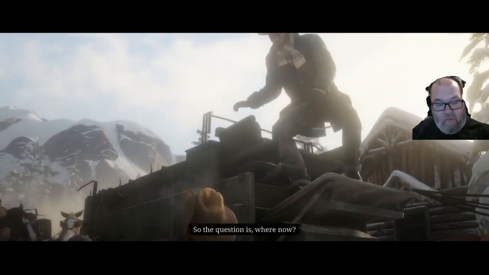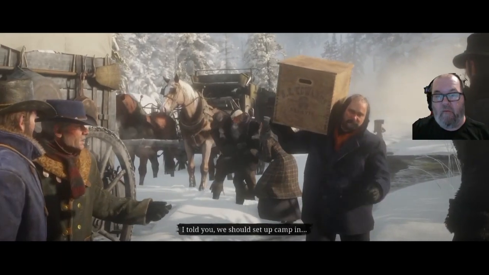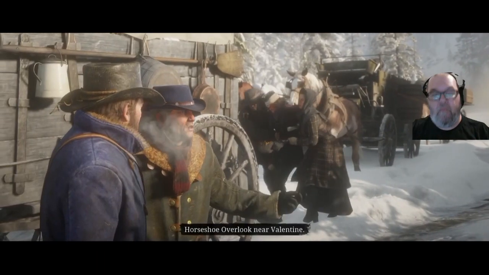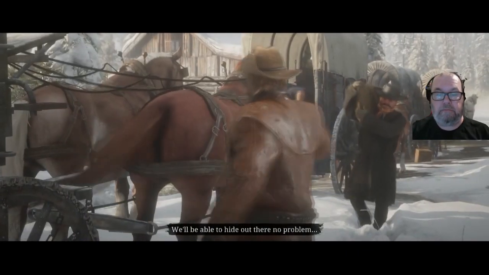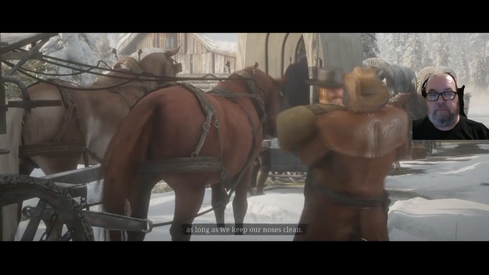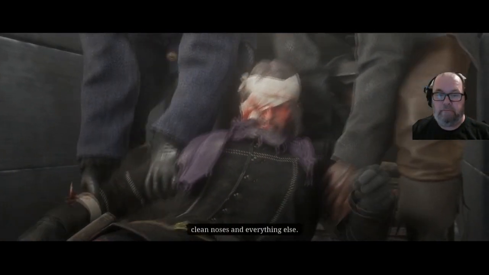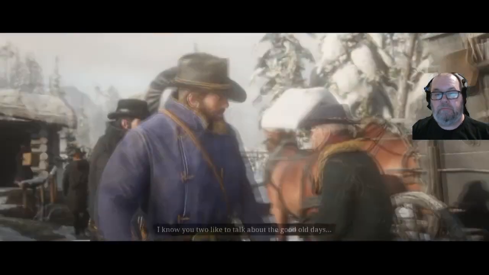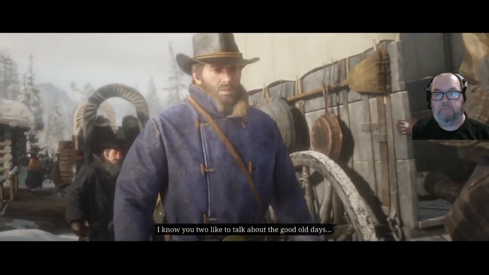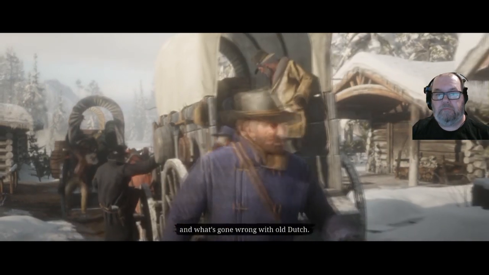So the question is, where now? I know this country a little. I told you, we should set up camp in Horseshoe Overlook near Valentine. We'll be able to hide out there, no problem, as long as we keep our noses clean. Well, then let's go. Clean noses and everything else. Arthur, you're in that one. Bring Hosea. I know you two like to talk about the good old days and what's gone wrong with old...